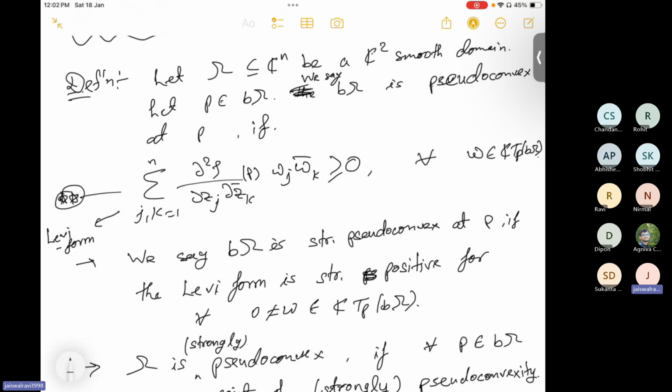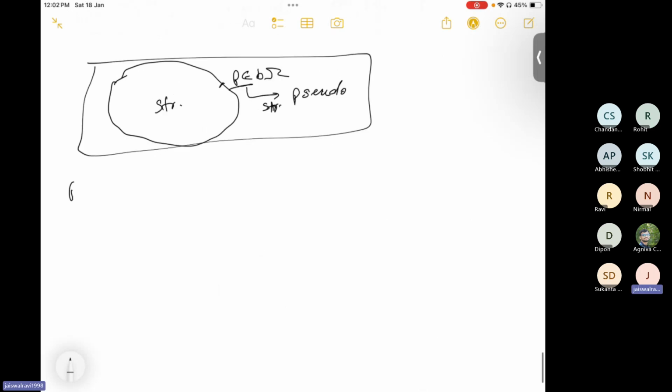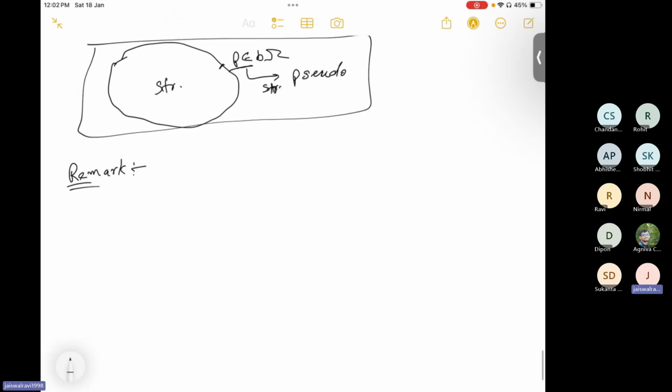You can again use the trick that rho1 equals s times rho2. So this definition is well defined. And the remark: